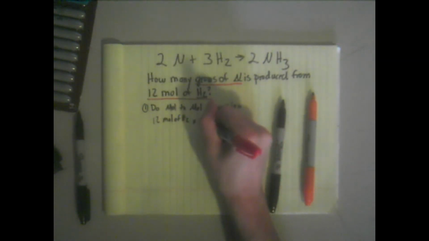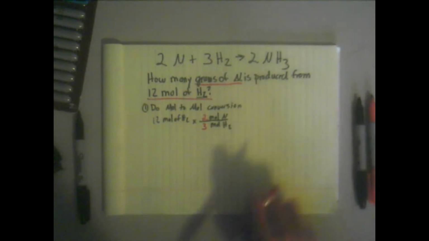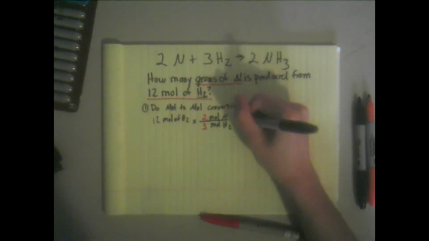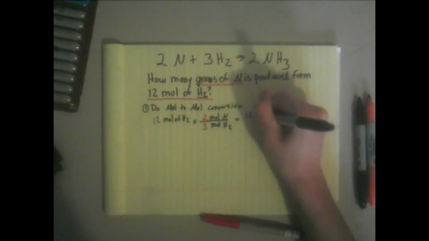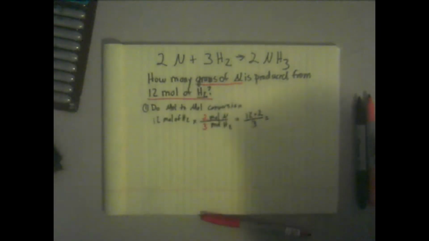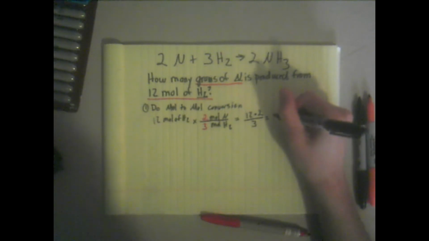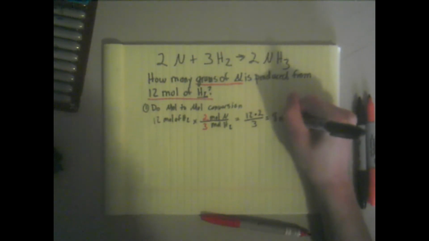Well, we have 3. So what we have to do here is 12 times 2 divided by 3. Now if you do this math, you should be getting 8 moles